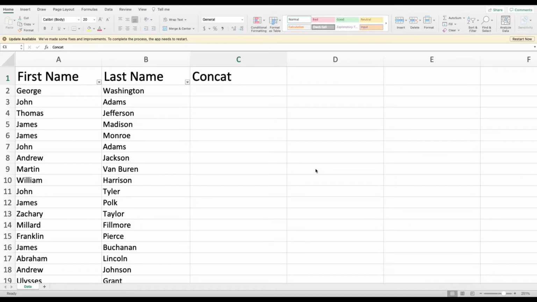Hey everybody, let's just say that you have two cells, one with a first name and one with a last name, and you want to merge it into one cell that has both of those words together. You're going to want to use what's known as the concat function. So in order to do this, we're going to click on the cell that we want the merged cell to